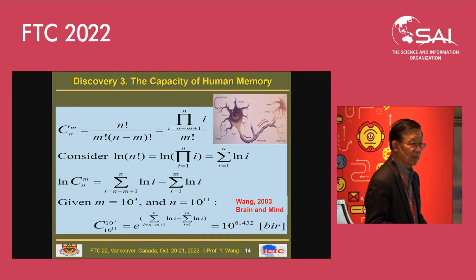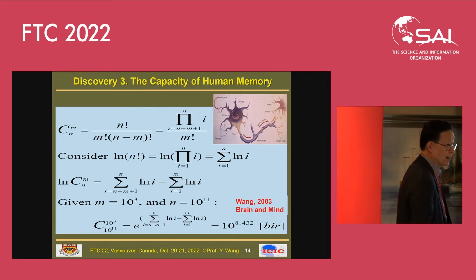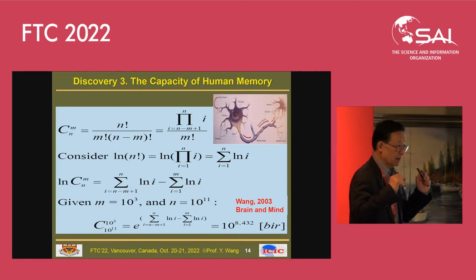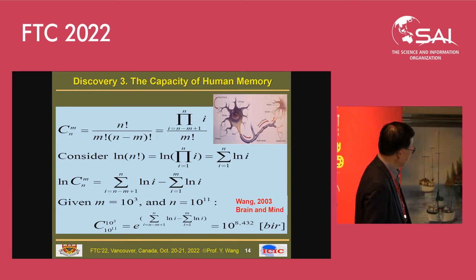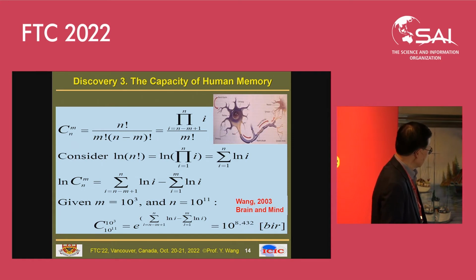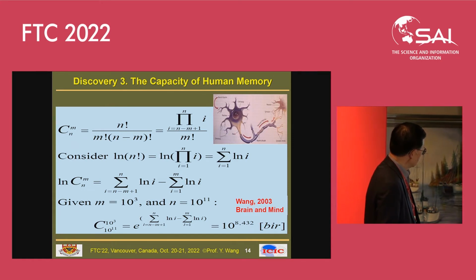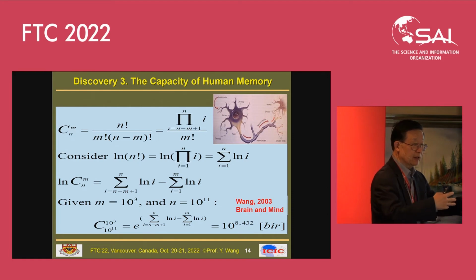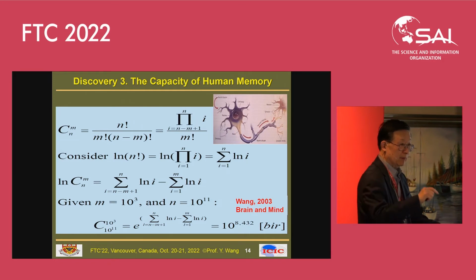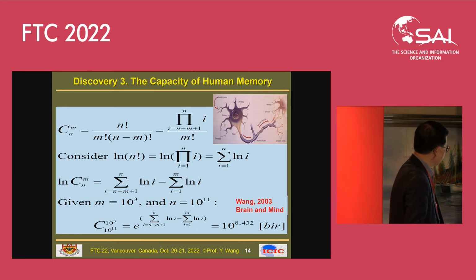How much we may remember, how much we may learn in our life. This is a model based on understanding that the capacity of our knowledge base and our memory is a combination of the number of neurons in our brain, which we say is about 100 billion cells, and the average connections between all the neurons. The average is 1,000. It could be more, could be less, but the average is 1,000.